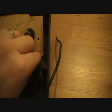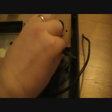Oh, didn't like the sound of that. Now, as I said, folks, I don't know how this is going to turn out. I don't know if this is going to work or not. It could be there's more damage to it. So what I'm going to do is I'm just going to...